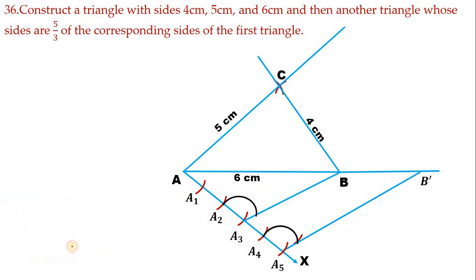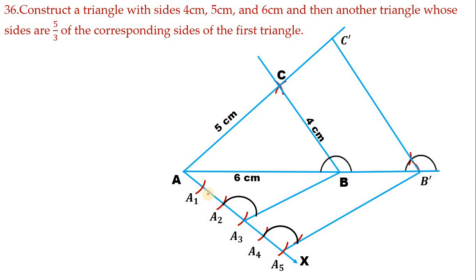So first let me draw a semicircle at point B with 1 centimeter as radius, and again with B dash as center, cut another semicircle. After construction of the semicircles, we have to take the distance from this point to this point. How much distance is there? Again from this point as center, cut another arc here, just like this. Now join this point and produce that line. It has to intersect the AC line. Now call this point C dash.